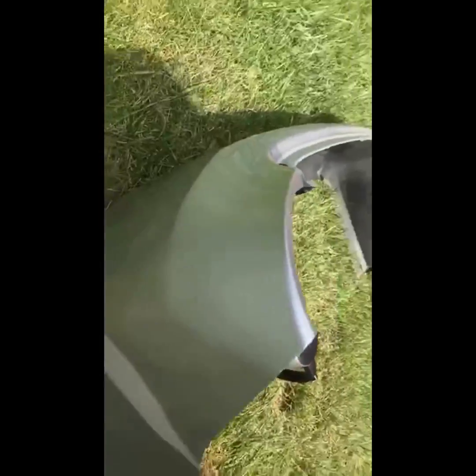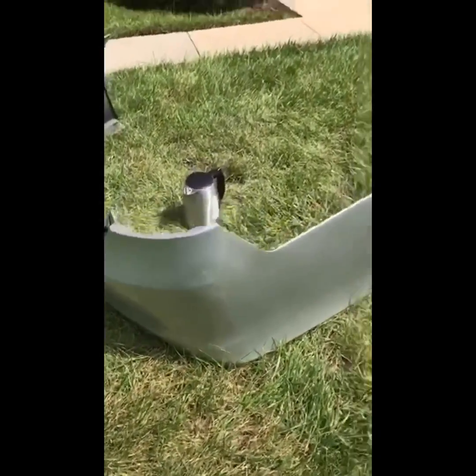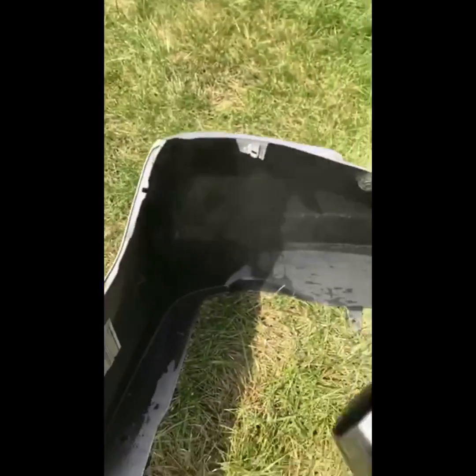So I don't know if that did the trick. I think it looked a little better than when I started, but I guess the angle of impact. You want to make sure you don't do it from the outside. You probably want to do it from the inside so you don't mess up the paint. But